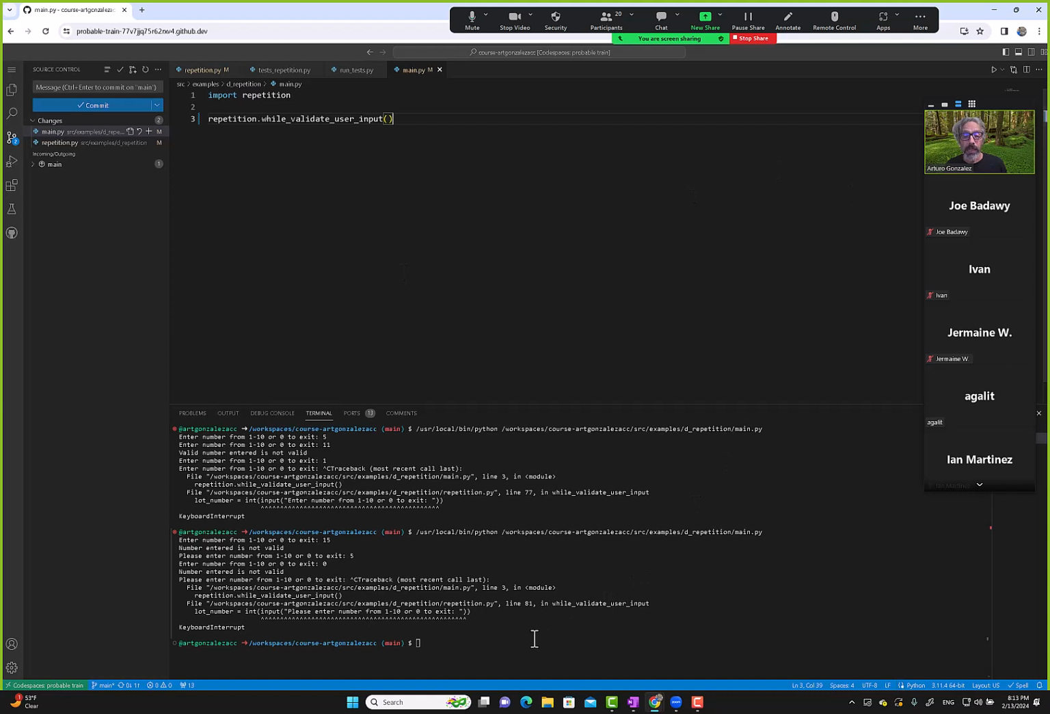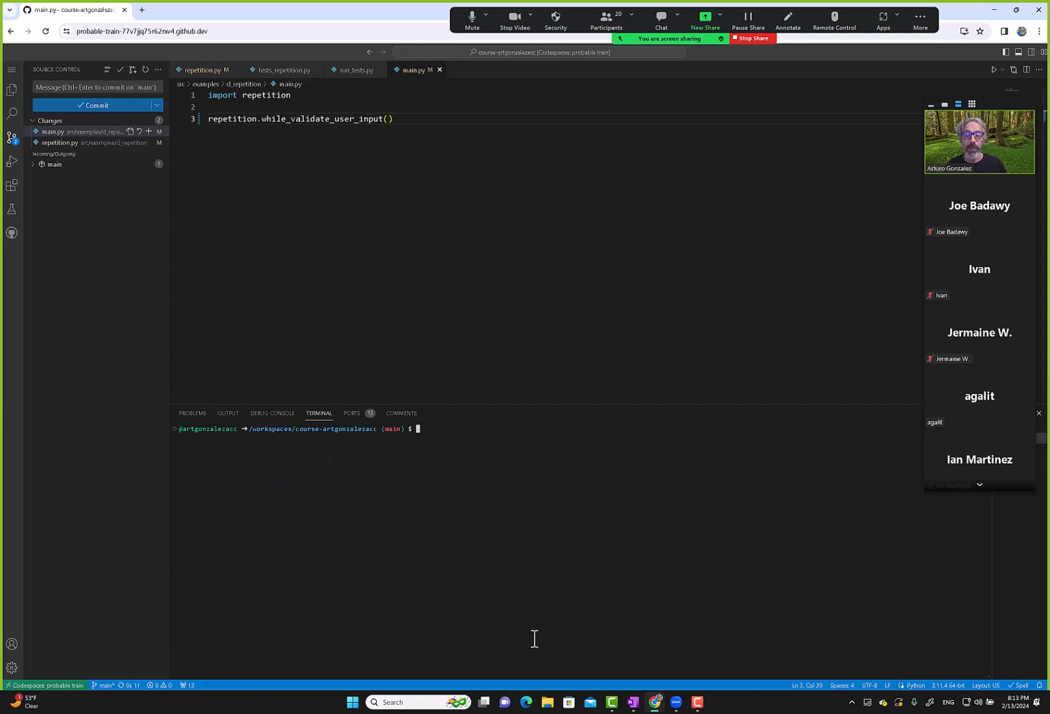Okay, clear. Okay, so enter number from 1 to 10. Let's do a good number, 5. Enter number from 1 to 10, 15. Enter number from 1 to 10. Here is where it didn't work. So let's see what happens if we do 0. 0 to exit. It exited, right? Yeah, so we go here,